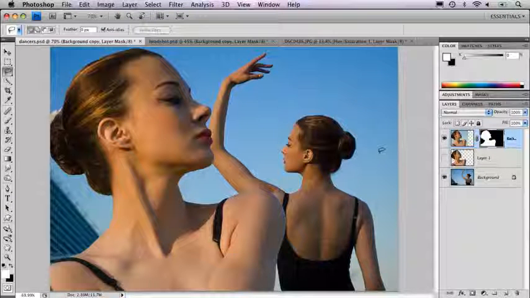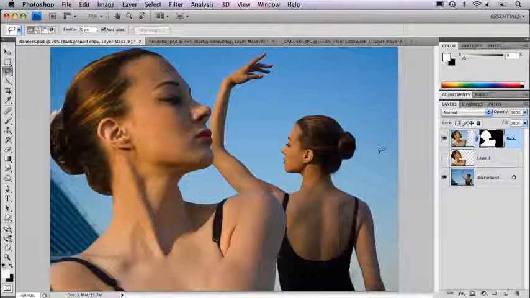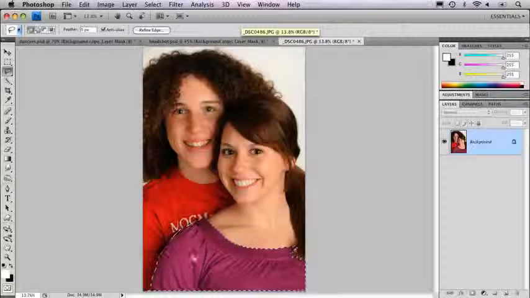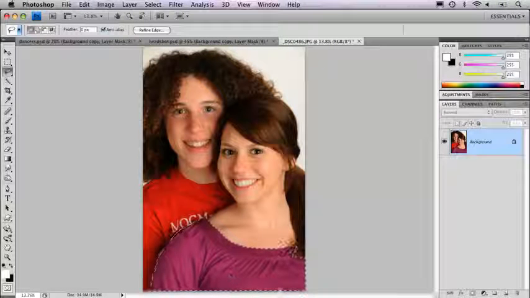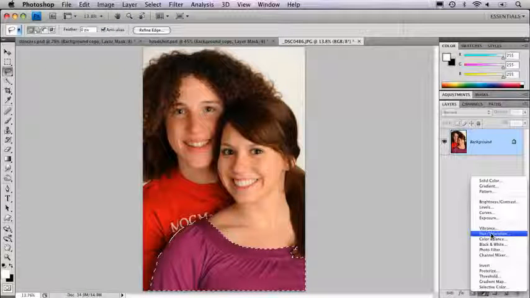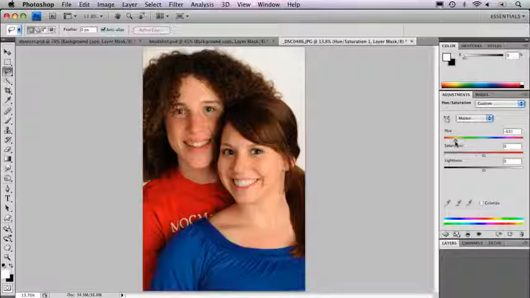Let's look at one other simple example of the whole idea of making a selection to do something with and then turning it into a mask automatically. So here we have a portrait, and I want to change the color of her shirt. Well, since it's already selected, let's do it first. So let's add a hue saturation adjustment layer. Notice I'm not going to the image menu, I'm going over here to this new adjustments panel in CS4, and now because I had an area selected, I can very easily and effectively change the color of the top